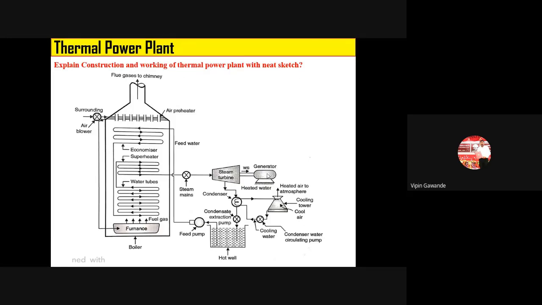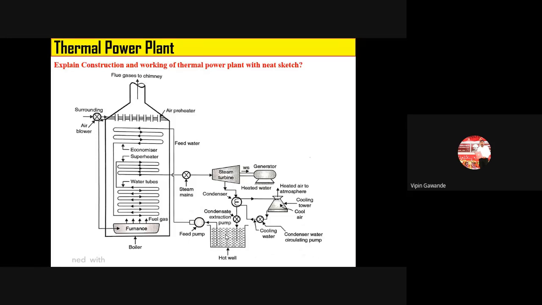After doing the work in the steam turbine, the steam enters the condenser. The steam rejects its heat and converts into condensate. That condensate comes into the hot well. Because of the release of heat, the cold water in the condenser gets heated. That heated water goes to the cooling tower. The cooling tower cools that water, and then it is sent back to the condenser.